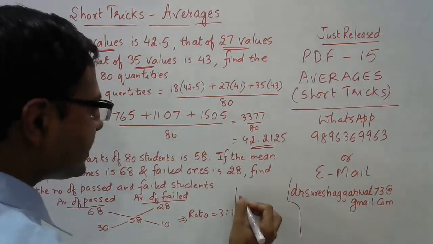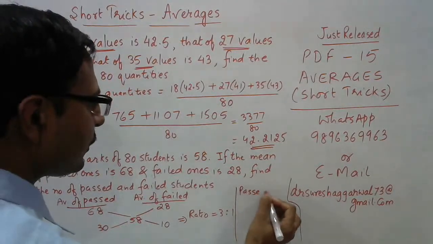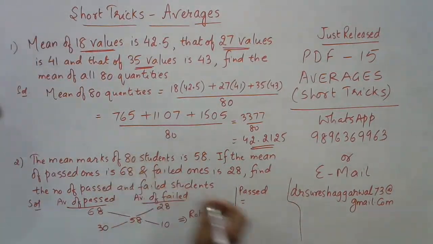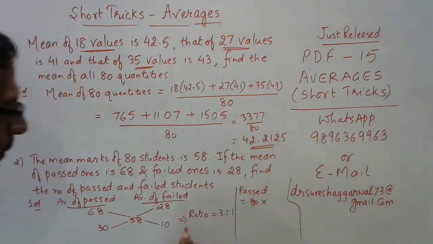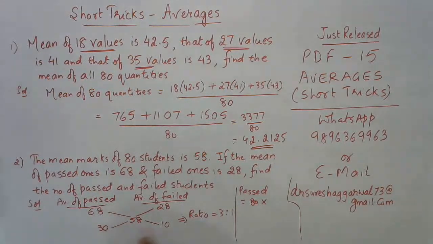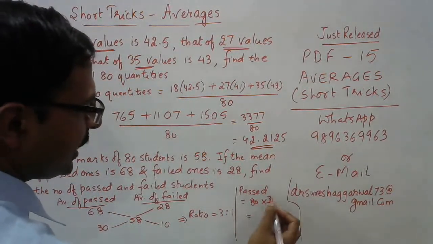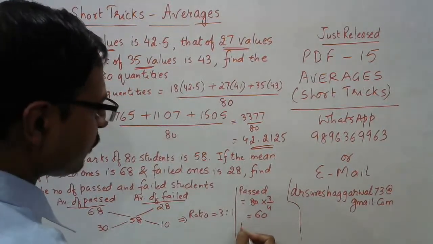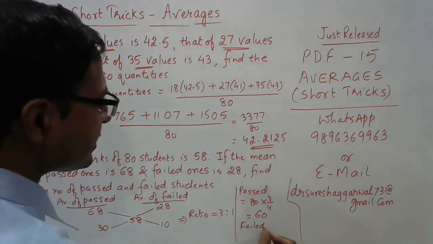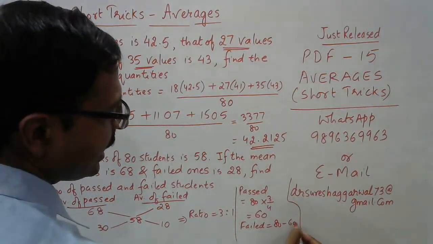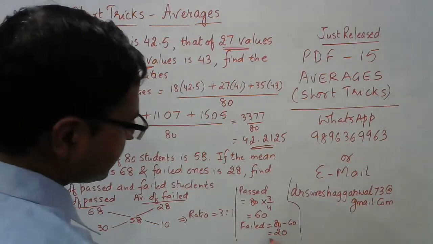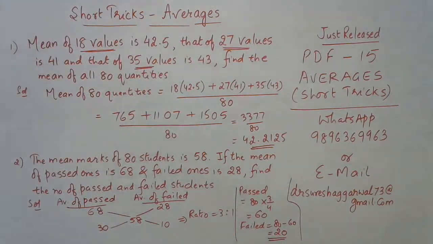So passed equal to, how much is the total number of candidates? It's 80 multiplied by passed. Here was 3, so 3/4. So that will be 20 into 3, 60 candidates passed. So failed will be automatically 80 minus 60, which is 20 candidates. Now this is the easiest possible method of solving this particular type of question of